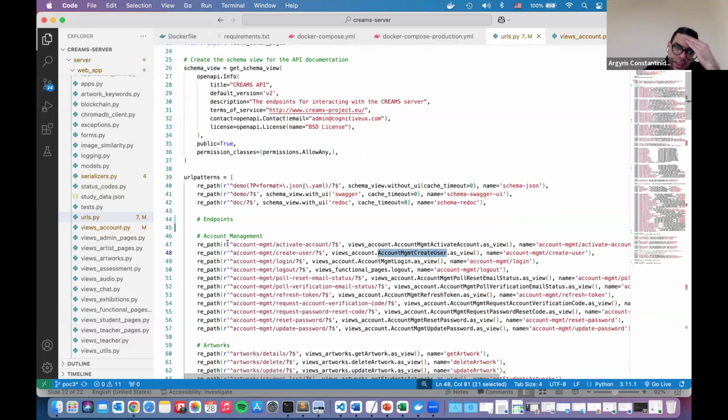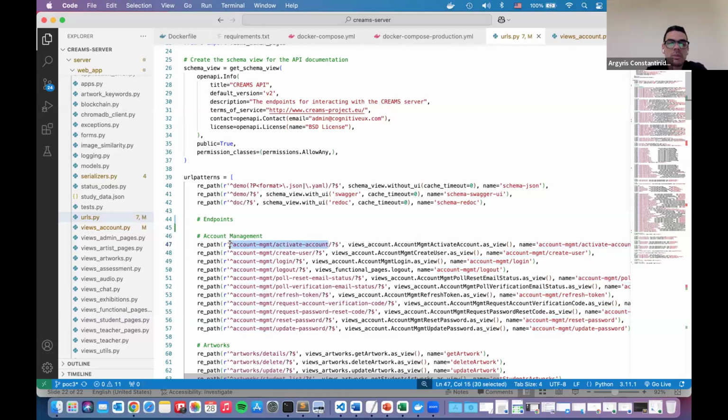For example, in this block of URLs, all these endpoints refer to the management of accounts. Here you can see the URL that corresponds to each of these endpoints. We have one for account activation, for creation of user, for logging in, logging out, for requesting verification codes, password reset codes, updating password, and so on.